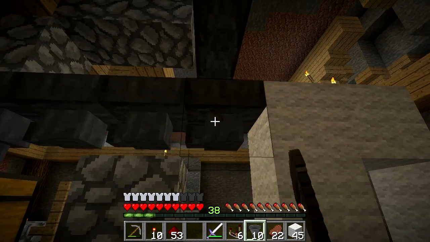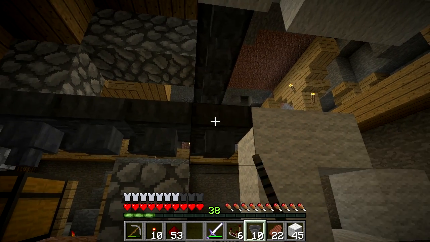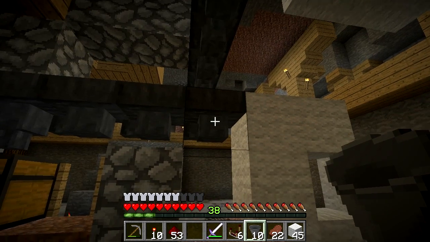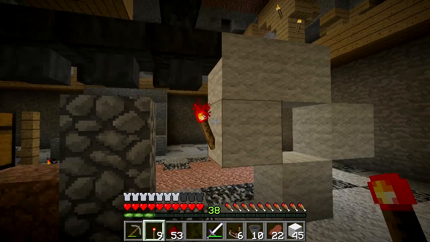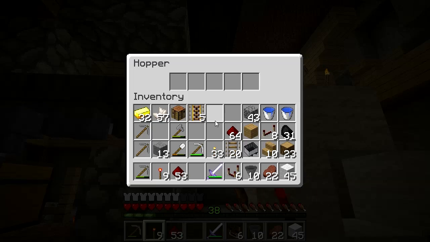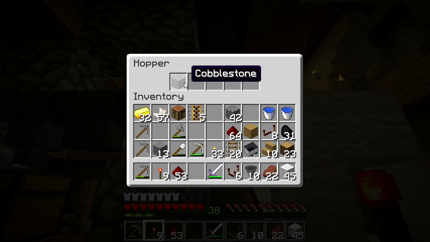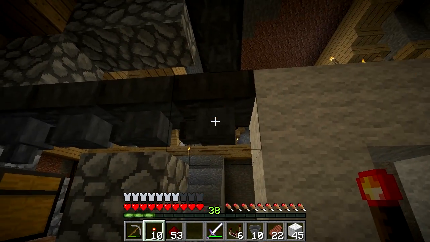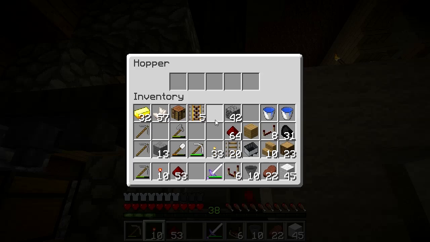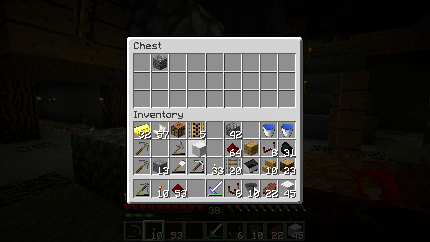Now this is the key hopper. This is the hopper that controls the sorting to a degree. There's going to be 2, but this one, and what you do with this is you put a redstone torch underneath it. What that does is it locks this hopper so that nothing can flow through it. So if I put a cobblestone piece in there now, the cobblestone piece stays there. If I take the torch away though, the hopper becomes unpowered, and as soon as it's unpowered it will allow items to flow, so it's gone now. It's gone to the chest. Oh, there's a piece of wool that had